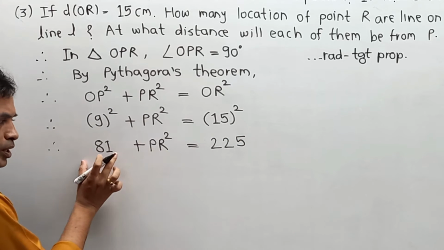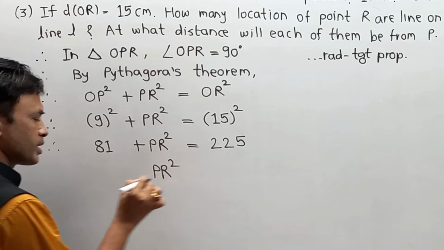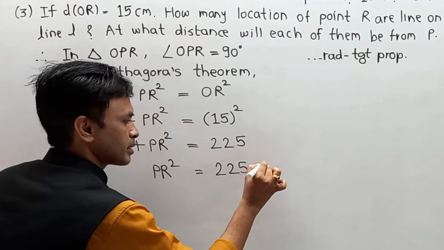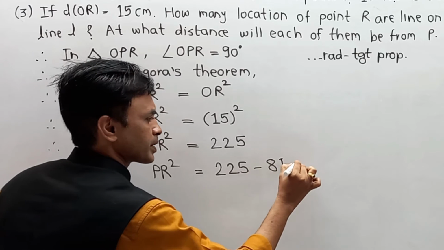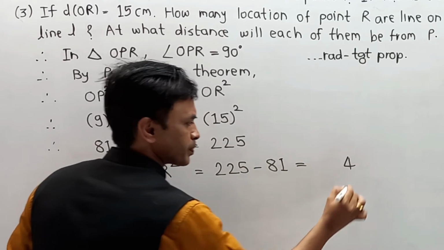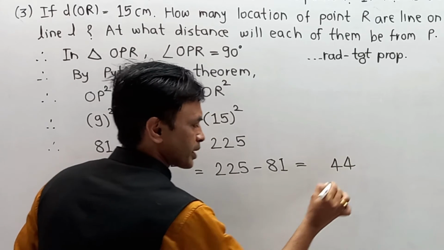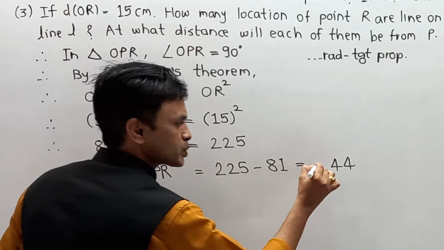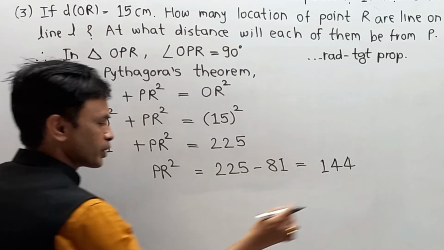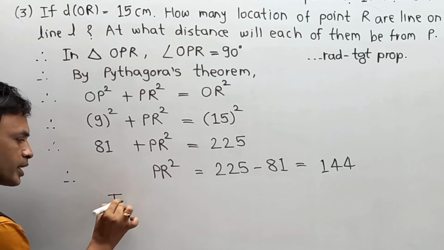Now keeping PR square, shifting 81 to that side, so PR square is equal to 225 minus 81. In this simplification, 5 minus 1 means 4, 12 minus 8 is 4 with a carry of 1, then 2 minus 1 is 1, so our value of PR square is 144. If PR square is 144, taking root from both sides,